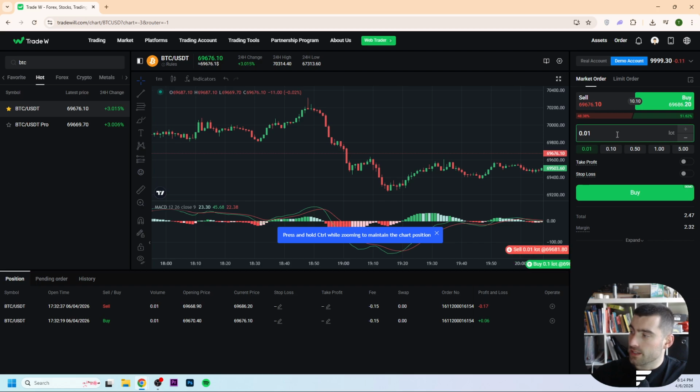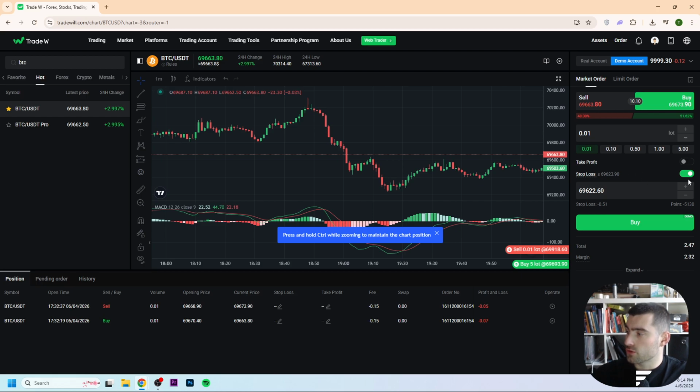Fill in right here the quantity in lots, so 0.01 is fine for now. And then if you go right here to stop loss, we can enable stop loss, and now we can fill in right here the price range where we want to stop our losses. So let's say when the price goes lower than 60k, he will close our trade and we will take the